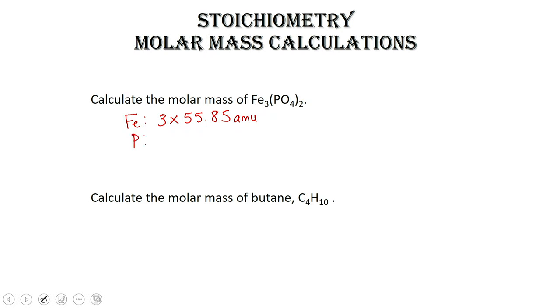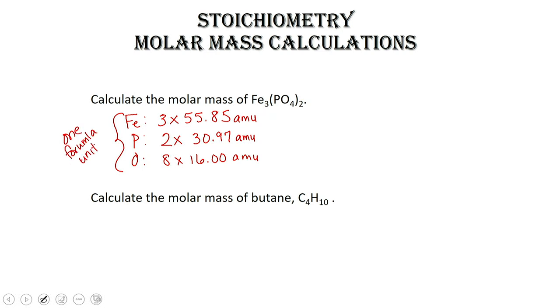We have 2 atoms of phosphorus, and that's 30.97. Don't worry about the AMUs. I'm going to explain that in just a moment. And I've got 8 times 16 AMUs. So if I was looking at one formula unit, I would be looking at atoms. And one formula unit would weigh